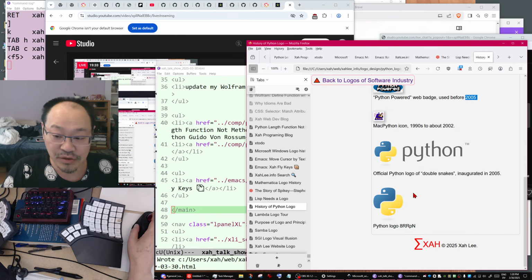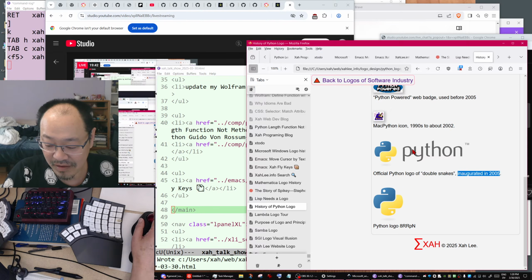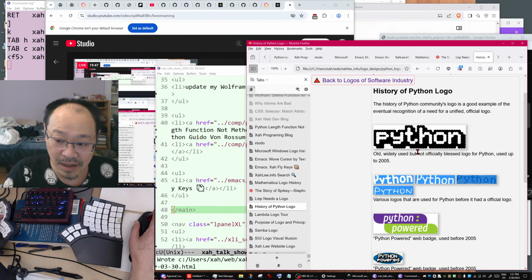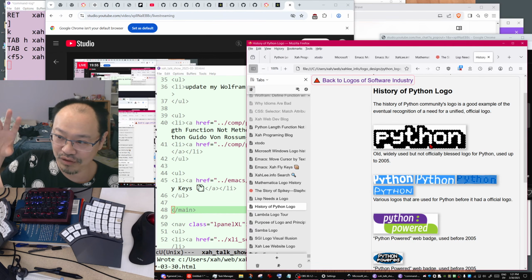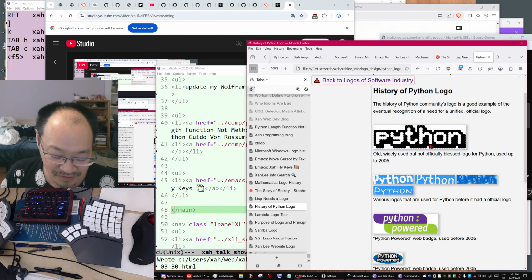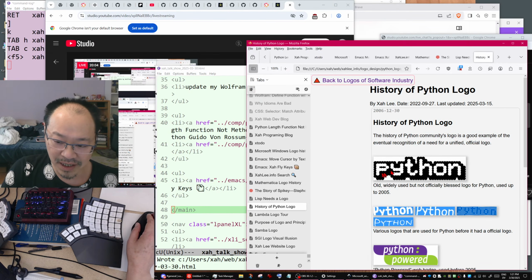So then eventually, in 2005, Python started to have a logo, so that's the double snake. You know, Python, the term, why is it named Python? Because there is a comedy show, a great comedy from Britain, called Python. You can go to YouTube and see some of it. It's very funny. So Guido van Rossum, the guy who created Python, named his language after that show